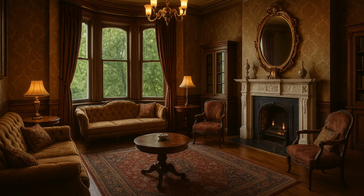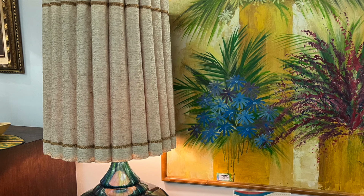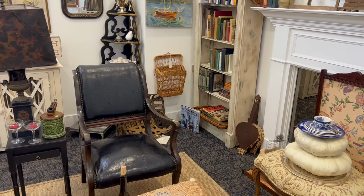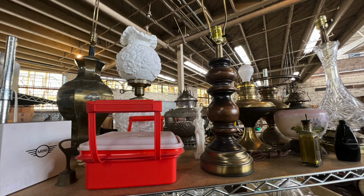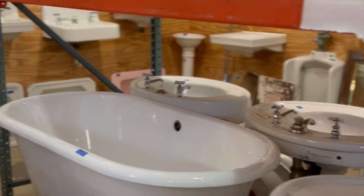No matter your style, Victorian, Arts and Crafts, Art Deco, or even mid-century modern, adding a few well-chosen vintage elements can instantly elevate a space, injecting history, character, and a craftsmanship that modern mass-produced pieces just can't replicate. The richness of old wood, the weight of solid metals, and the intricate details and historic design bring a timeless charm to any home. These pieces weren't just built to last, they often outperform their contemporary counterparts in quality, durability,